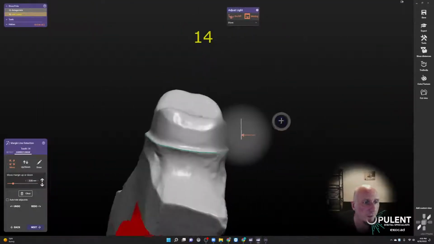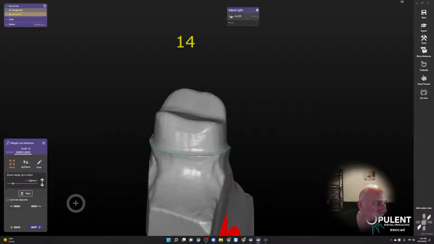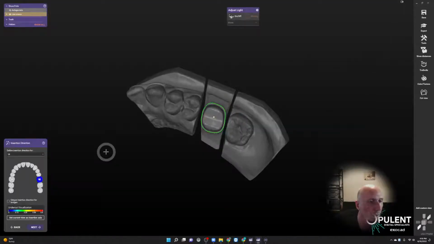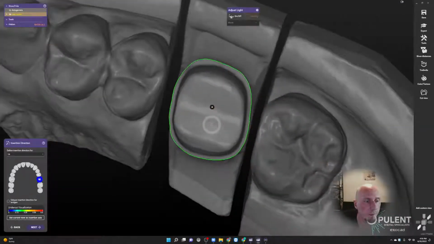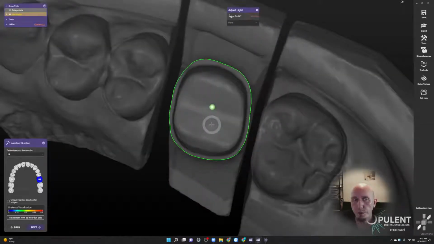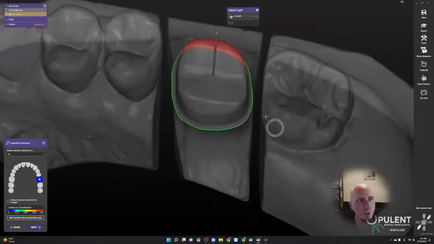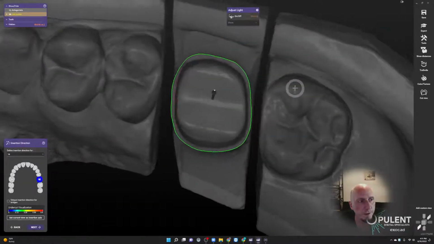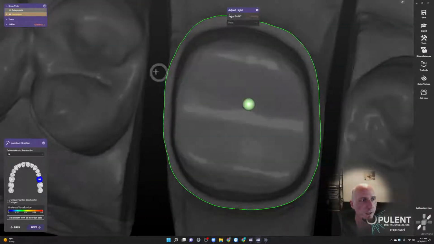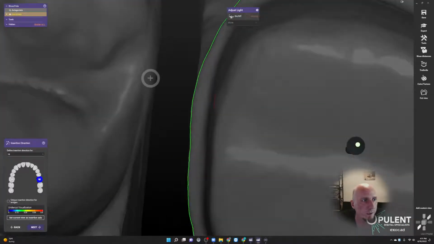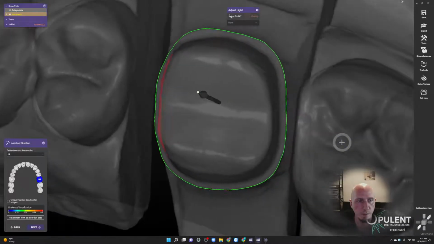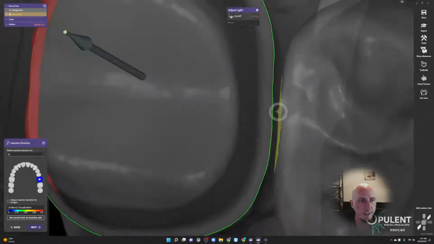Okay, enough of that. Let's turn this off again and let's go to the next step here, insertion direction. It is helpful here. Shift and S will make your scan data opaque or semi-transparent, and of course we want to avoid anything like red here. You already know that. There's little bits here, that's fine, and we want to take a look that here we basically get an overhang, which is the case, but we don't want to have it so bad that it would be yellow,